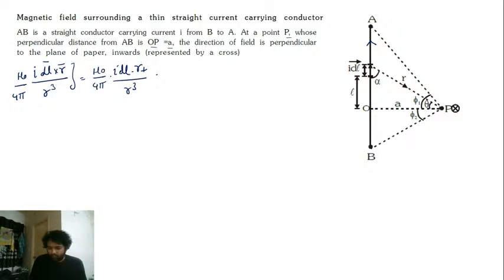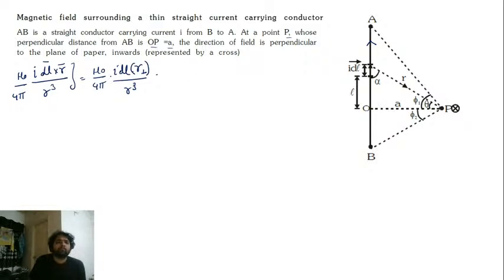Okay. So the field in this particular question: mu naught by 4 pi into I dl into r perpendicular. You always write this. This is not just generally for only torque. You can always see this as a very nice option. You can write it easily. a is the perpendicular distance.